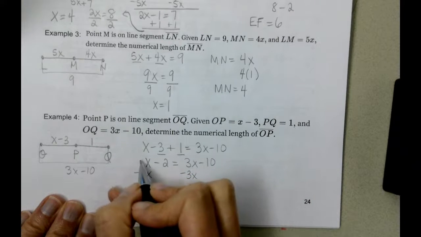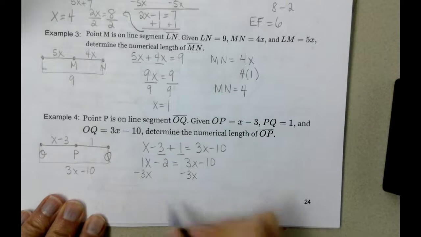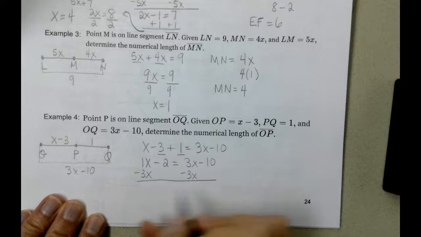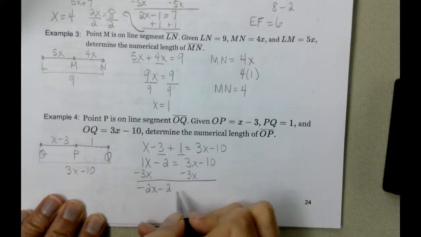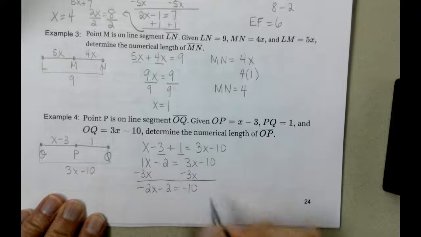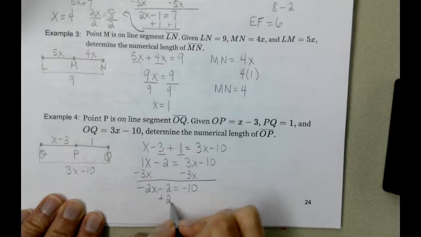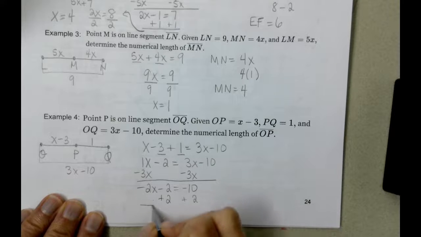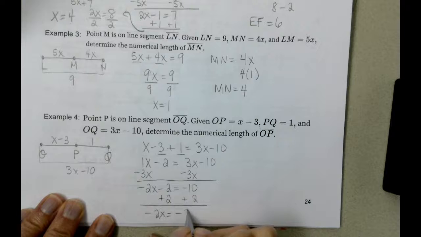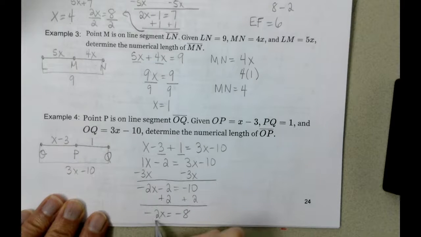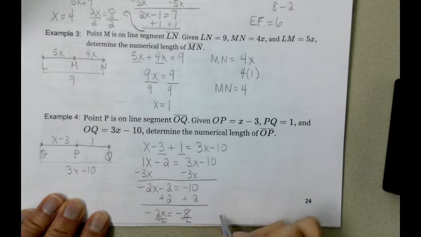I want to remind you again, with no number written in front of the x, we need to remember that there's a 1 in front of the x. So negative 2x minus 2 equals negative 10. We can add 2 to both sides, and we get negative 2x equals negative 8. And then when we divide both sides, very small there, sorry about that, by negative 2, we end up with